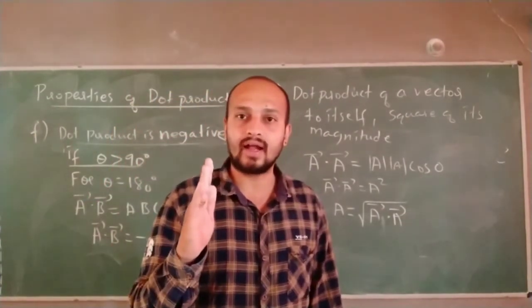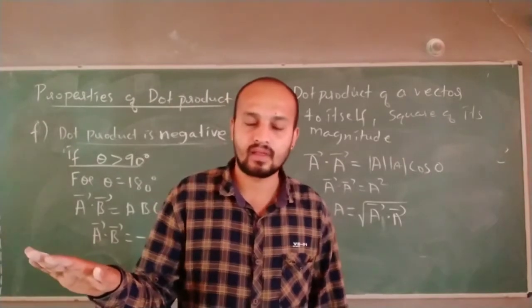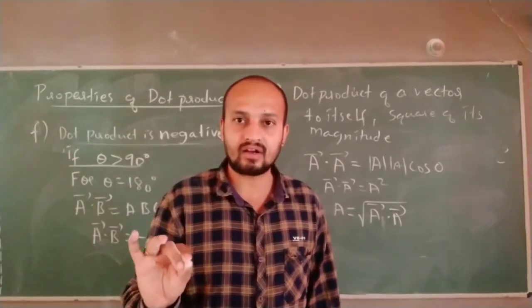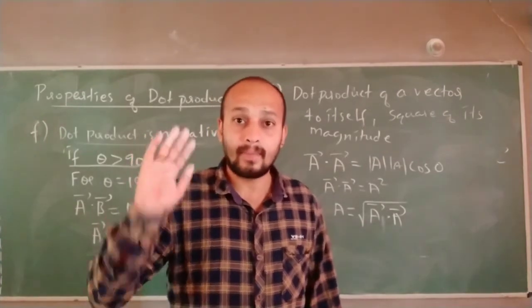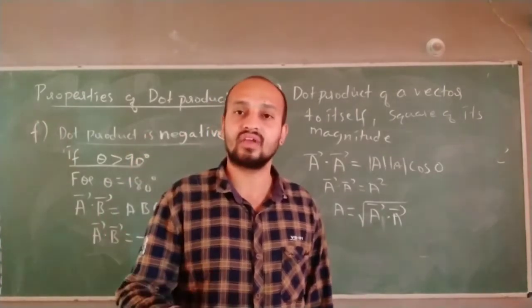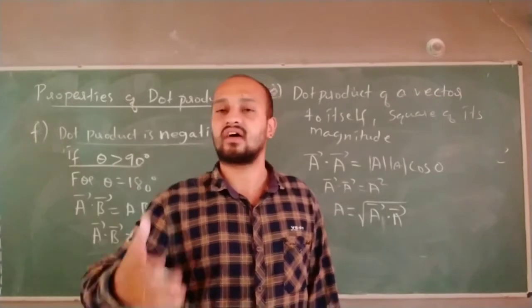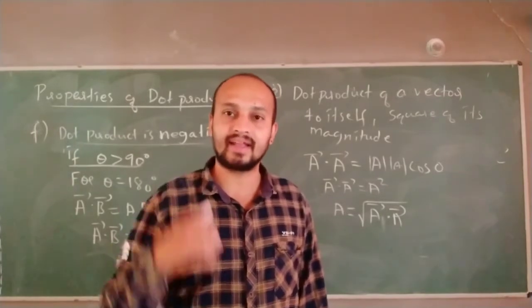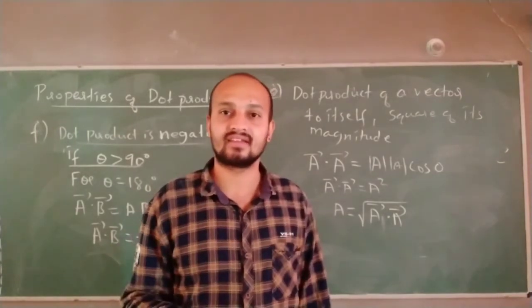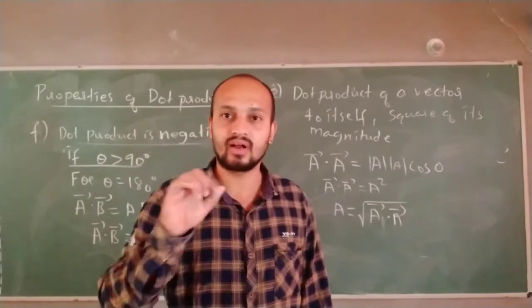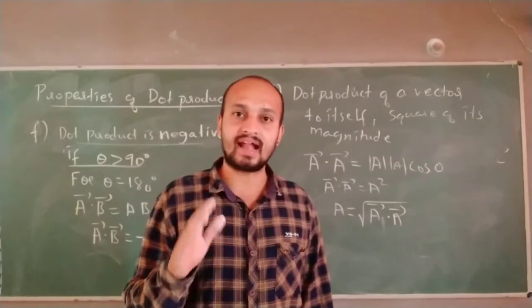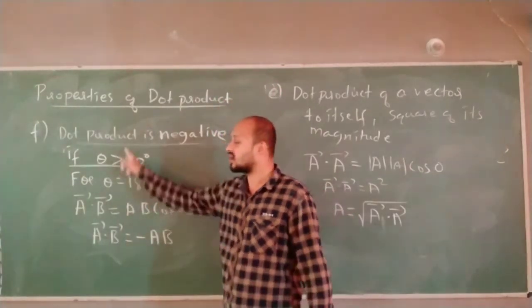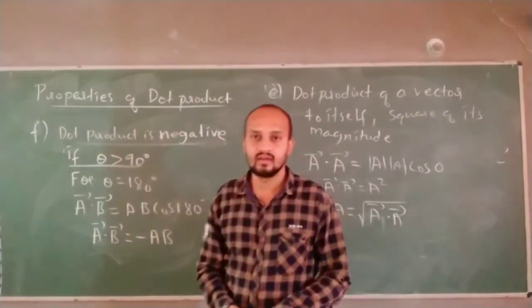Usually scalar quantity cannot be negative. Yes or no? Scalar quantity cannot be negative. This is the statement which I am giving. But in certain cases we assume that scalar quantity can be negative. Correct? In certain cases we are going to assume that scalar quantity is negative. So in that sense, this dot product is useful for scalar.